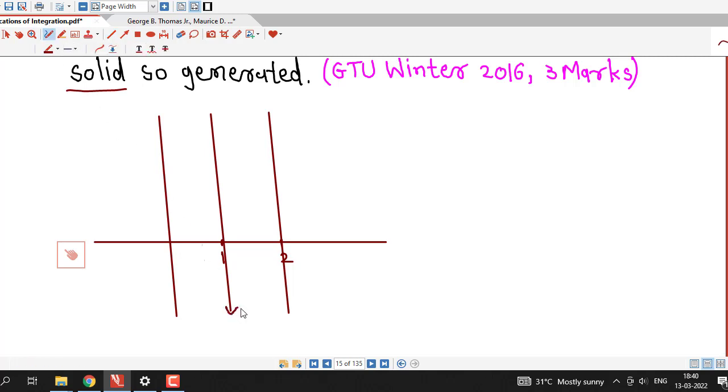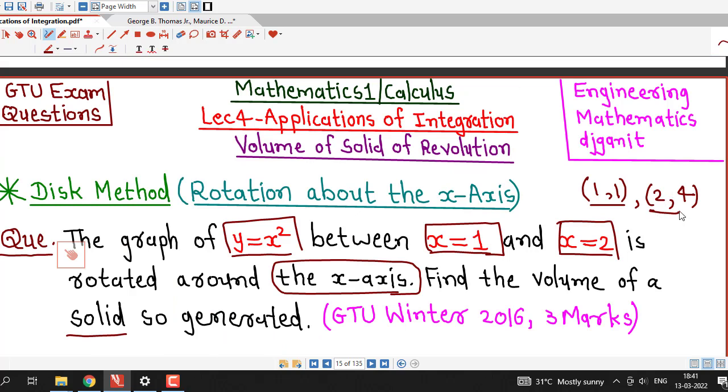and we have to sketch the parabola between these two lines, x equal to 1, x equal to 2, and here we consider this much distance as 1. So this is 2, 3 and 4, and x equal to 1 will intersect parabola at point (1, 1), and x equal to 2 will intersect parabola at point (2, 4), that is at this point. So we have these two intersecting points,